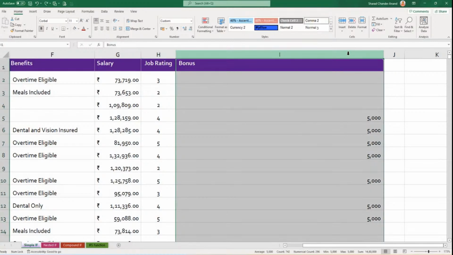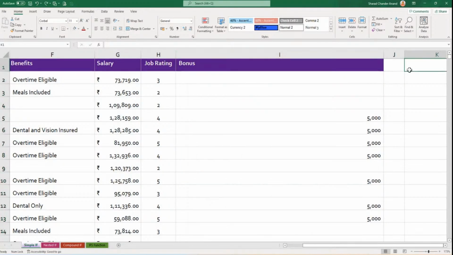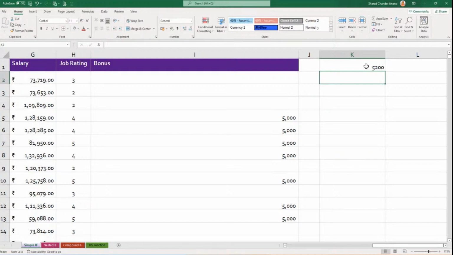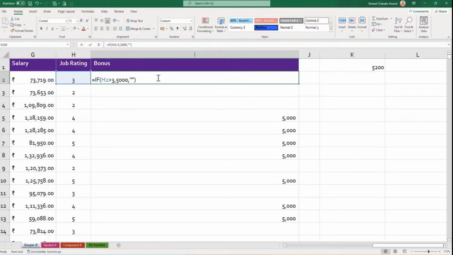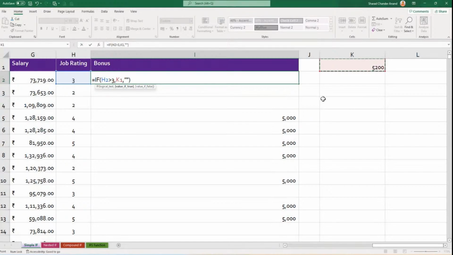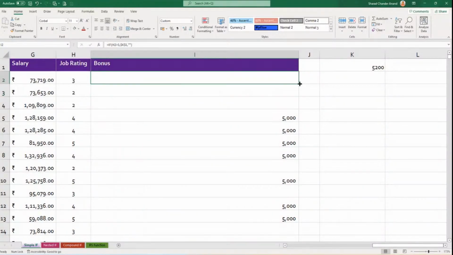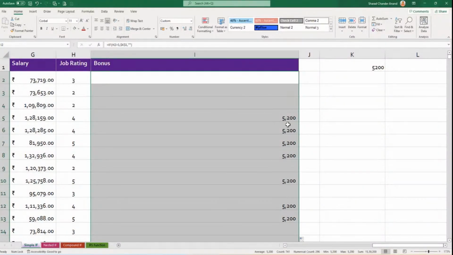Now, if we check the total here, a company is spending around 14,80,000 here. And company says, OK, we are OK to spend 5,100 or 5,200. And you write here 5,200 somewhere. And over here, if we edit the formula, instead of writing 5,000, like I said, we can give a cell reference, remember? So I go to K1. Maybe I want to make it absolute if I want to copy this down. So I'll simply put dollar symbols there. Well, you need to do the range name thing. You press enter. Of course, now what we're going to see here is 5,200 because it's taking the value from